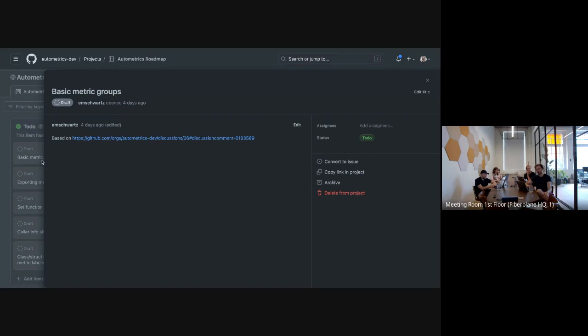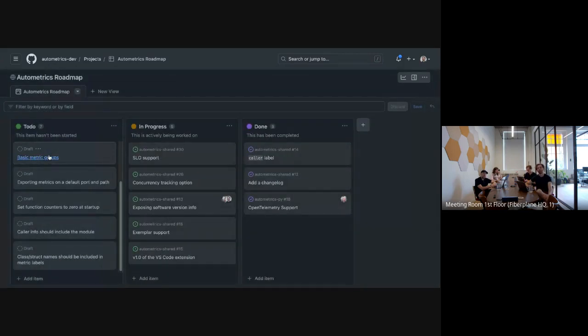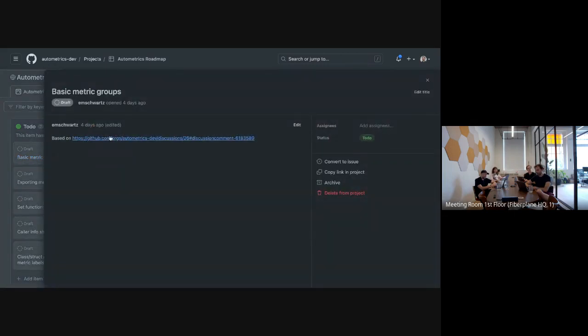The basic metric groups. We had this really big discussion about metric groups with a lot of different ideas for different features, really fruitful discussion. Out of that, I proposed that we think of groups as specifically a kind of pre-SLO feature where you